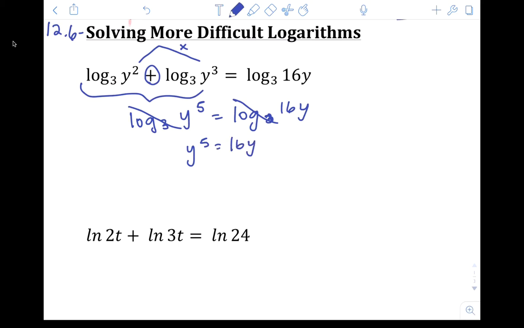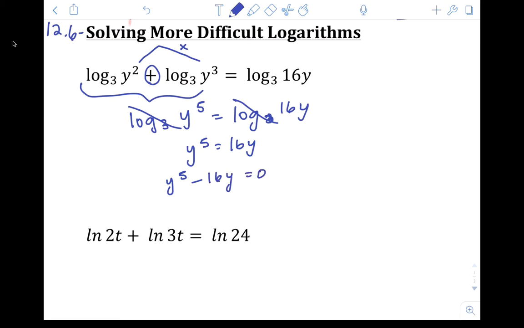So then the real question is, how do you solve y to the 5th equals 16y? Well, I know, yay, it's exciting. You've got a couple options. Well, for starters, if you're going to factor, because you find yourself with y to the 5th and y,